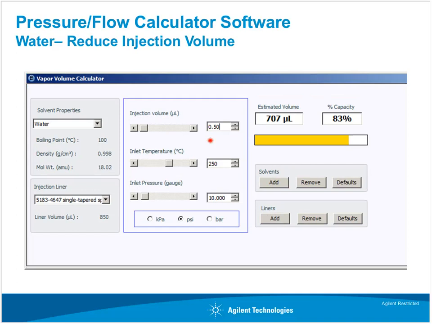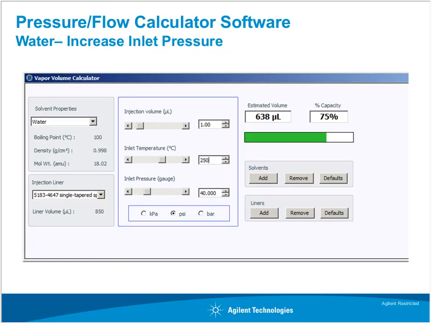But, and this is the nice thing about this calculator, we can go back and say, okay, what happens if we're only going to do a half microliter injection? Then we're within the capacity of that liner. We're not going to have any backflash issues, and we should be able to, again, have a reproducible injection and less problematic analysis. If by chance we really do need a 1 microliter injection because we have very low concentrations of something in there that we want to analyze,